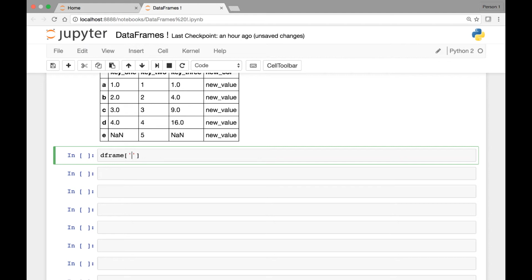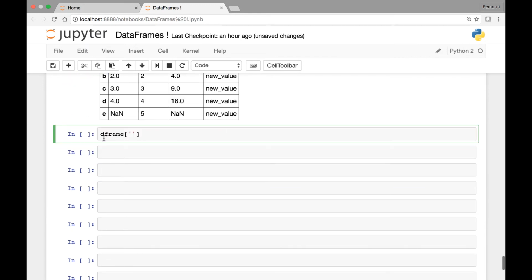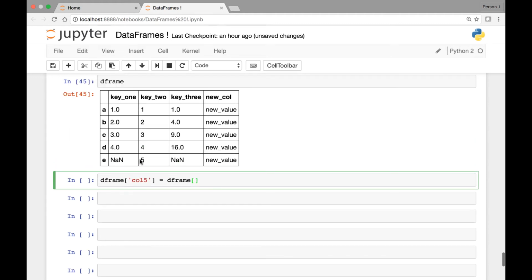Let's name it, what do we have here? New column. Okay, let's call it column 5, and then we'll set that to be equal to our data frame, and let's use the value